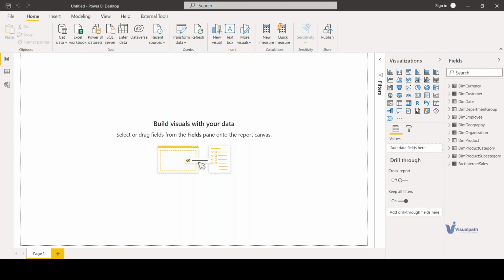Yeah, now the data got loaded. Now can you see, under fields I have these tables now, the tables I selected from the data warehouse, right? So when I click on load, the entire data will be loaded to Power BI desktop so that we can start working on it. Okay, but there is another option which is